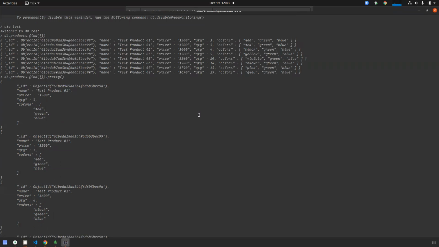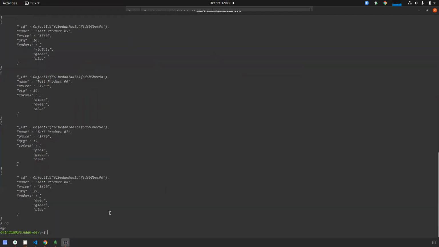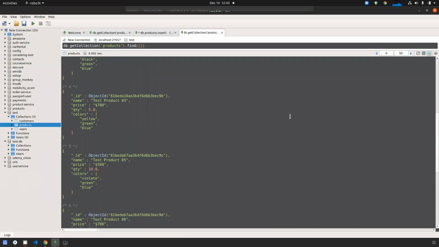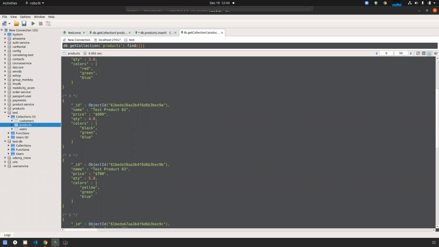I think Robo 3D is better for its interface, that's why I chose it. Okay, so this is the create operation. Can I move to the next part, the read operation, or does anyone have any question?